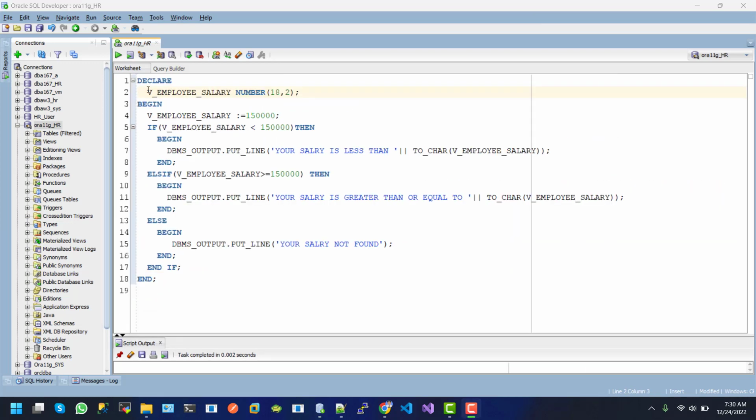Here it is. We can see that in the declaration section the variable b employee salary, its type is number, and its precision and scale are 18 and 2. And inside the begin block we can see the variable b employee salary and its value is 150000. And at line number 5 we use the IF control statement, and here the check is whether the salary is less than